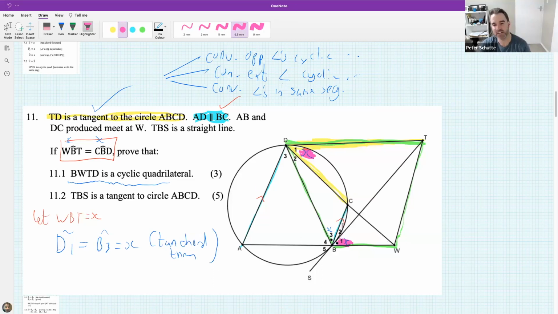Can you see that these wings are hiding the D1 and the B1? So this is the converse angles in the same segment. So how do we write this up? So we say D1 is equal to B1 is equal to X, and we've already proven that. So that's where it's nice to use X's, because we've shown that already. Therefore,